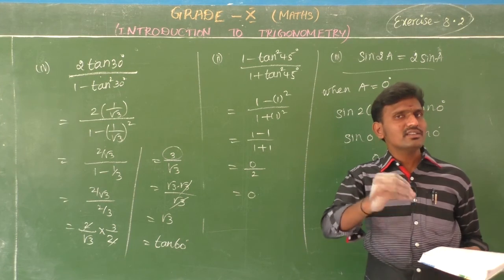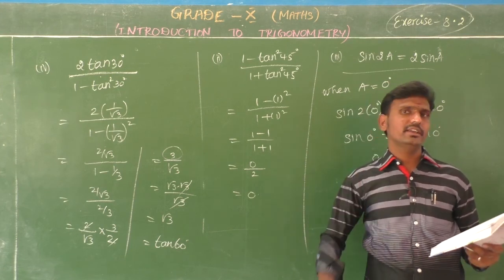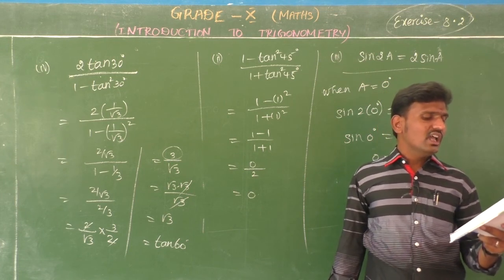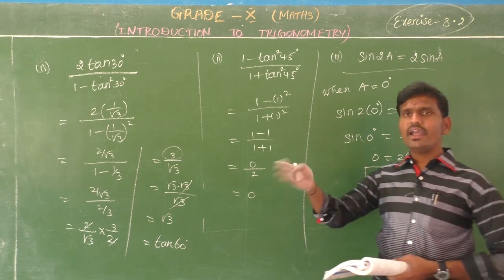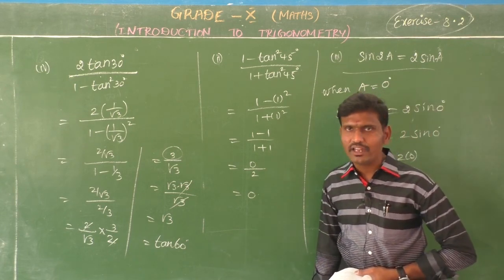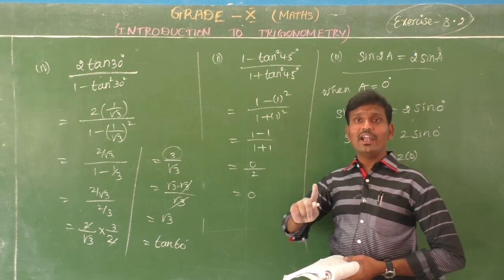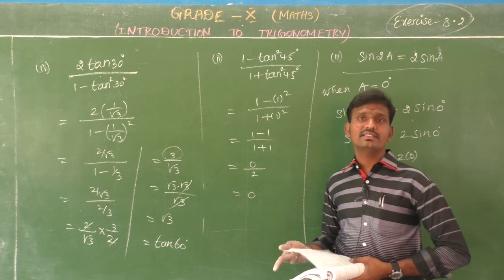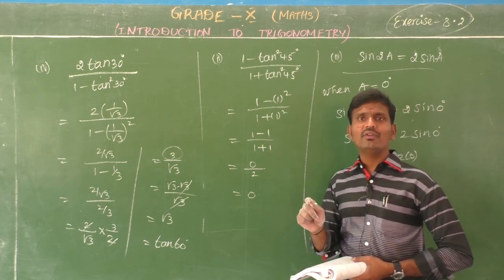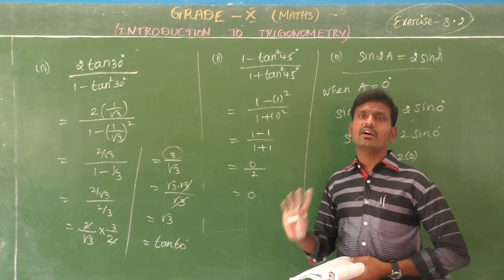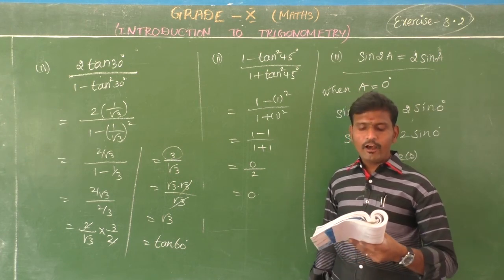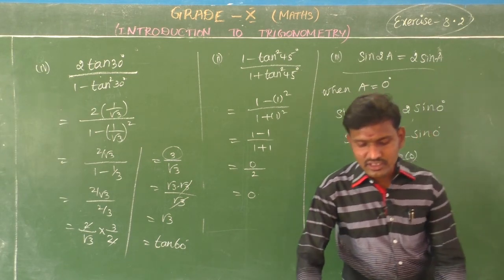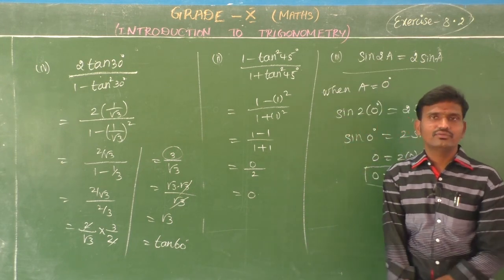Now, the value of cos theta increases as theta increases. It is not. Cos theta only decreases, from the trigonometric table. So that is false. Then the next question: sin theta equal to cos theta for all values of theta. It is not equal for all values, so it is false. One and only value where they are equal is 45 degree. Sin 45 is equal to cos 45, which is 1 by root 2. Then the last one, cot A is not defined when A equal to 0 degree. Yes, it is correct, from the trigonometric ratios.